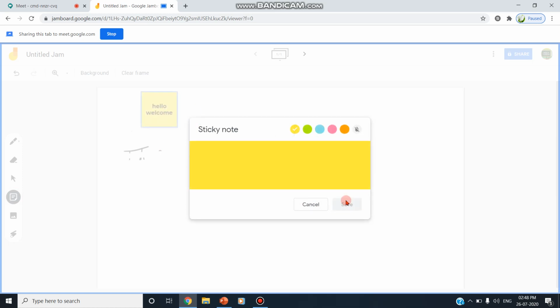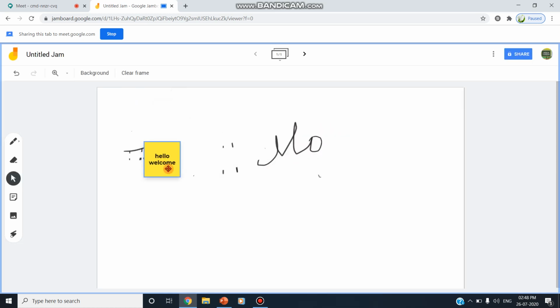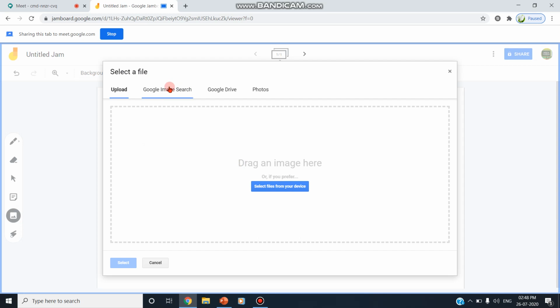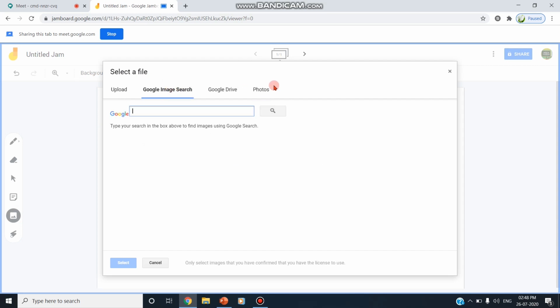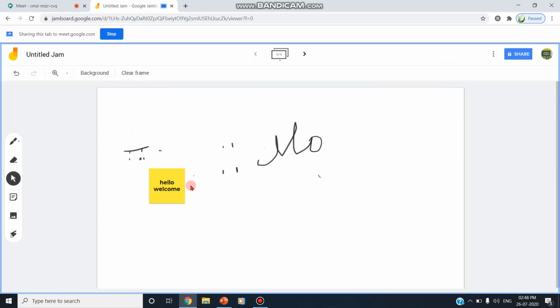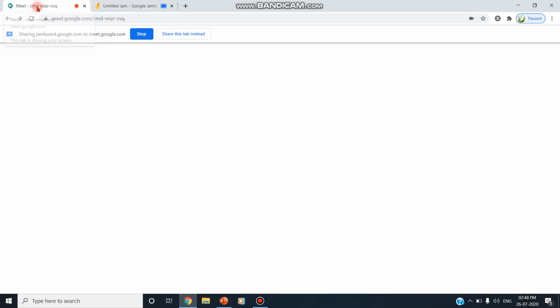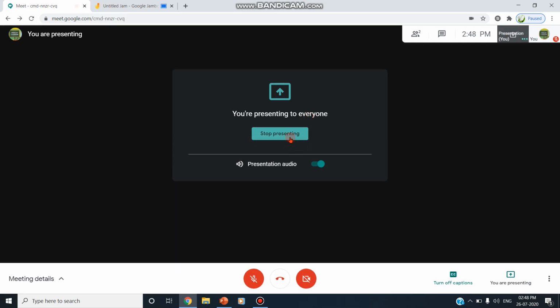You can save, and the sticky note will be pasted here. You can also, if you want to insert any image, either from Google or some photos, you can take a photo and paste it, and then you can explain the photo. So you can take a whiteboard from the Jamboard and use it. This is possible in Meet. Now you can start presenting.